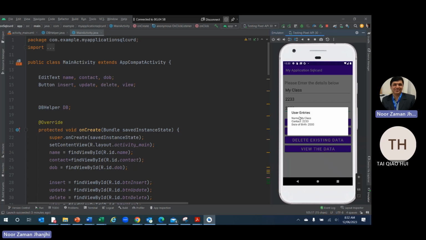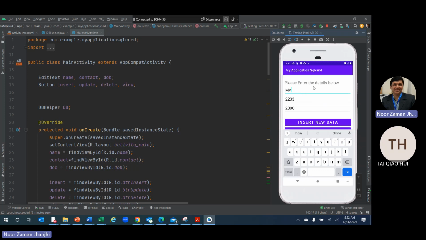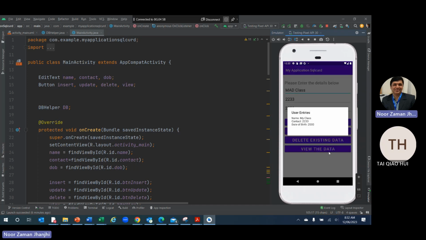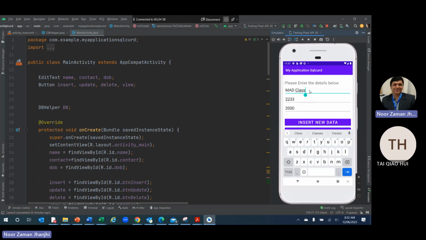Now we want to update. Say, for example, my class is the wrong name, but we are trying to say this is not my class, but we are saying that this is the MAD class. Okay, so we want to update that data rather than enter the other values. So we can say update. You can see data is not updated this time. Why not updated? Data is not updated this time because that is actually a primary thing. Okay, no worries. Then what we can do, we are just trying to update,